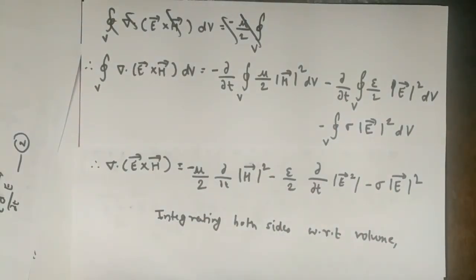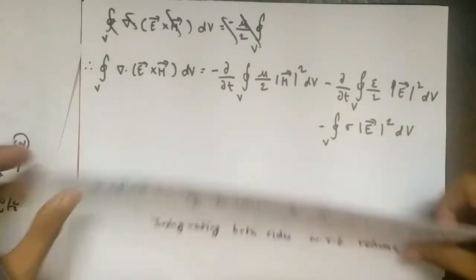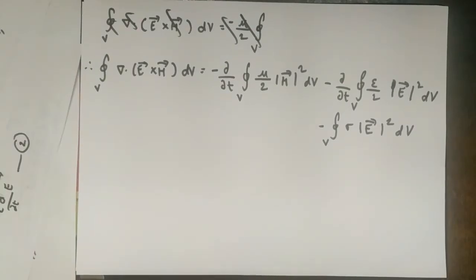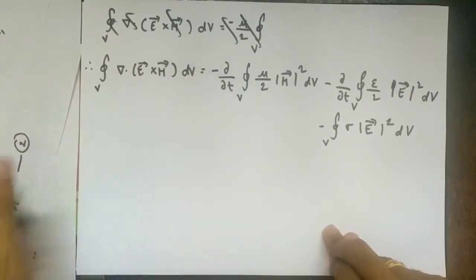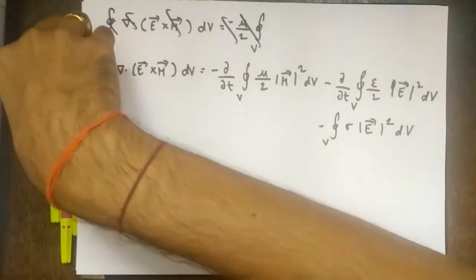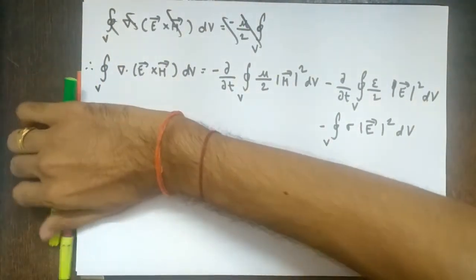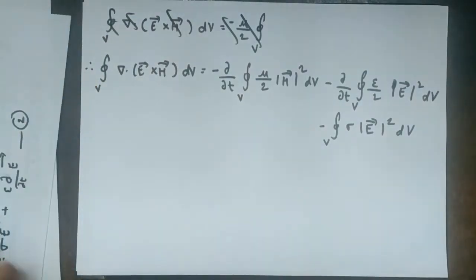So just go through this. What I have done is I have just taken the integral on both sides with respect to volume. I hope you have understood. So just assimilate what is written. Right. So let's see what each and every term means here. As I said, don't just see them as equations, see them as concepts. Then only you will understand this course. This should be your approach not only for this course but for each and every course.